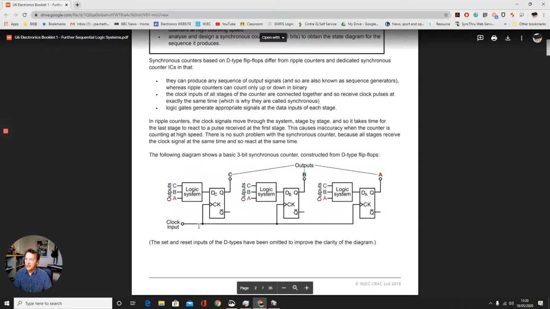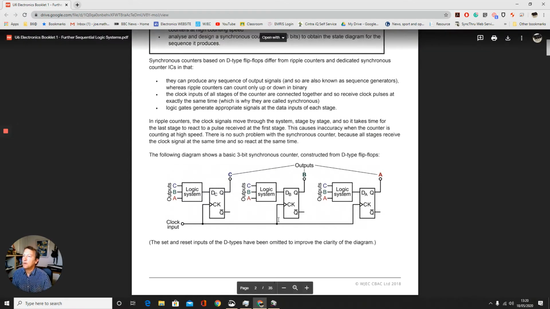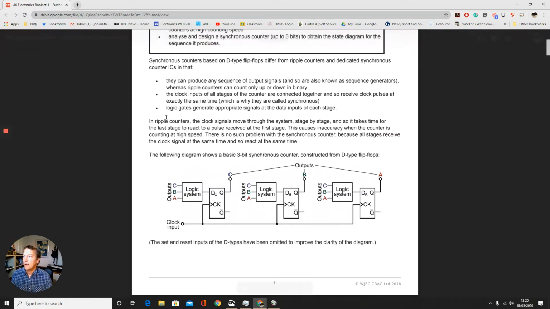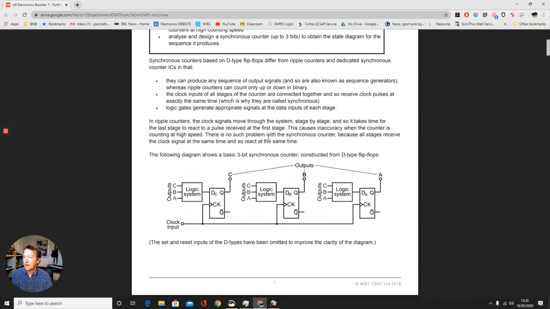speed, because the clocks here are all connected to the clock inputs of the D types, rather than going to that one, which then goes to that one, which then goes to that one, like in the ripple counter. So we don't have this problem here where they can basically count much faster than the ripple